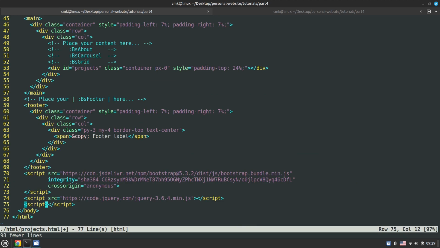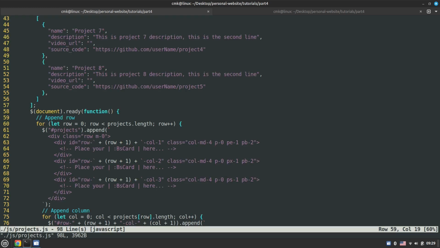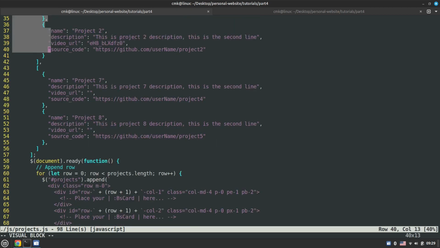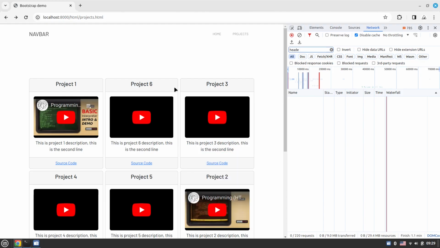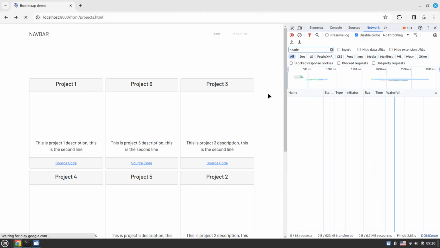And I just want to say source equals JS/projects.js, right? So write, quit, and now I want to open the projects.js. So I just want to get rid of the indentation like this. Right, quit, and now we should already have the